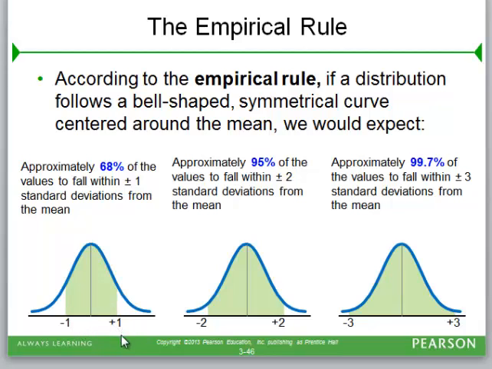So this 1 and minus 1 is the z value, the z score. About 95% of the values fall within 2 standard deviations of the mean, and about 99.7% of the values fall within 3 standard deviations of the mean. That's why we say if a z-value is greater than 3 or less than minus 3,